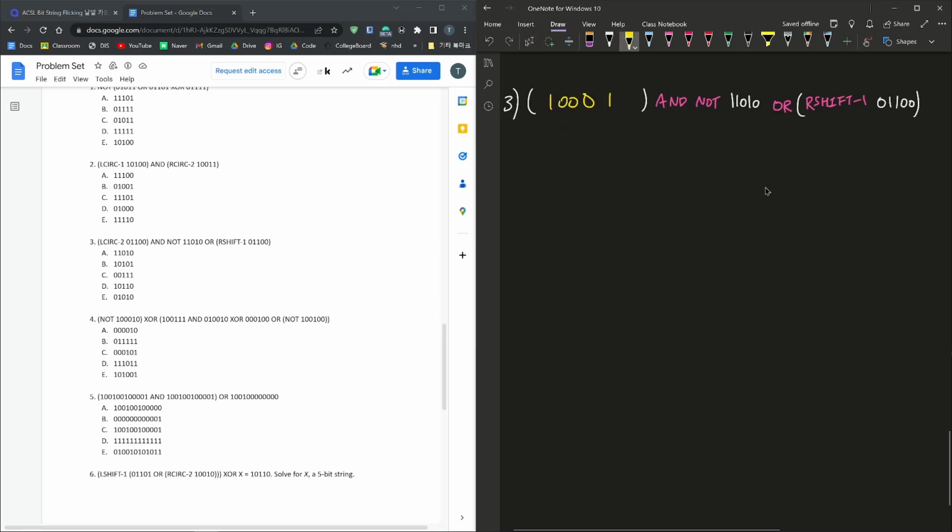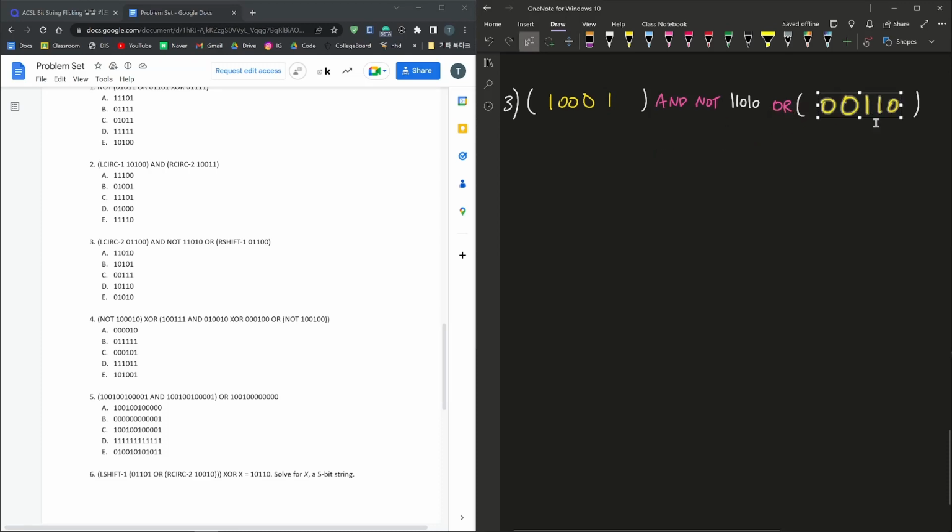Okay, another set of parentheses. Right shift 1, 01100. Let's make 5 spaces. If we push this to the right, we see that this 0 goes out of place and this is blank, so we replace it with a 0. So we can replace this function